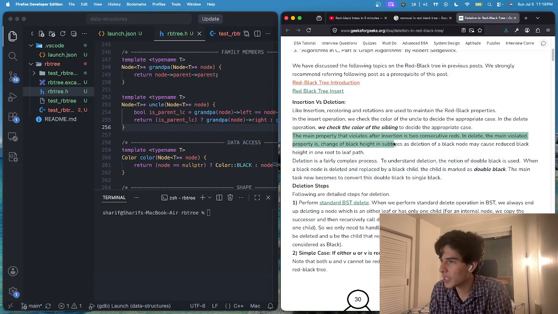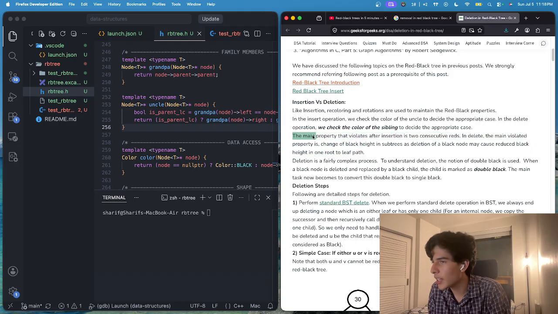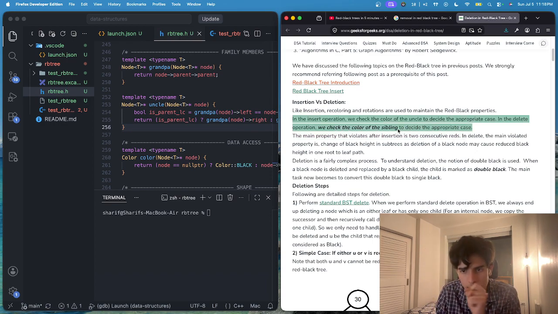Let's see, the main property. Also the UK is also in that timeline. Let's see, the main property that is violated after insertion is two consecutive reds. So yes, we check for the color of the sibling. That means we need to